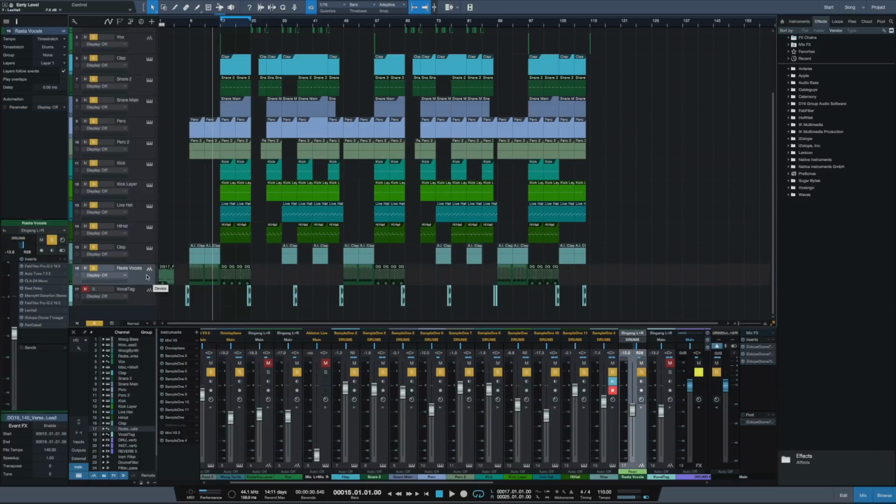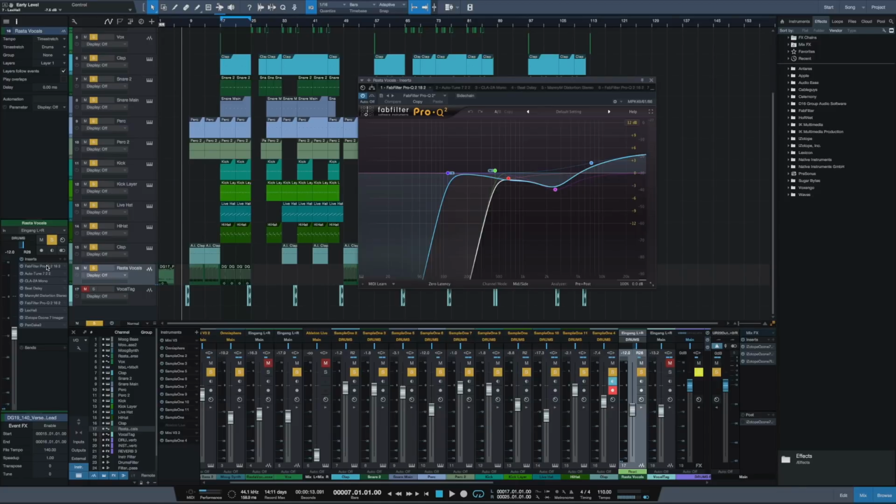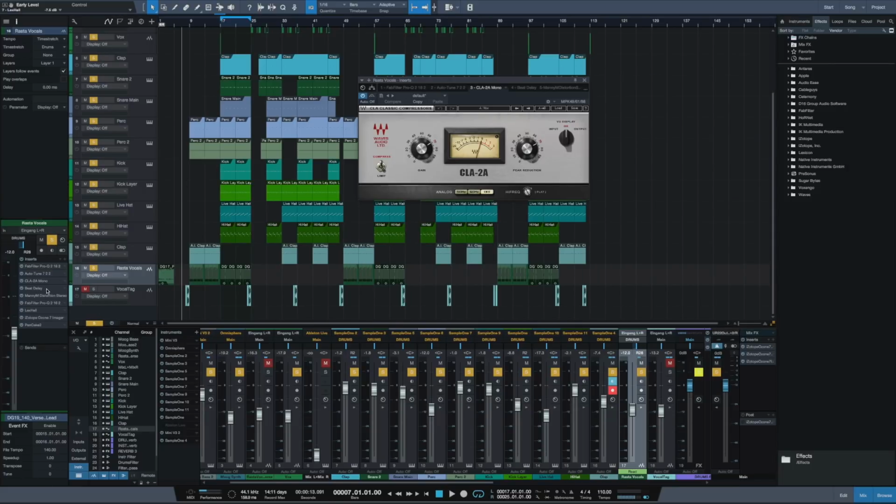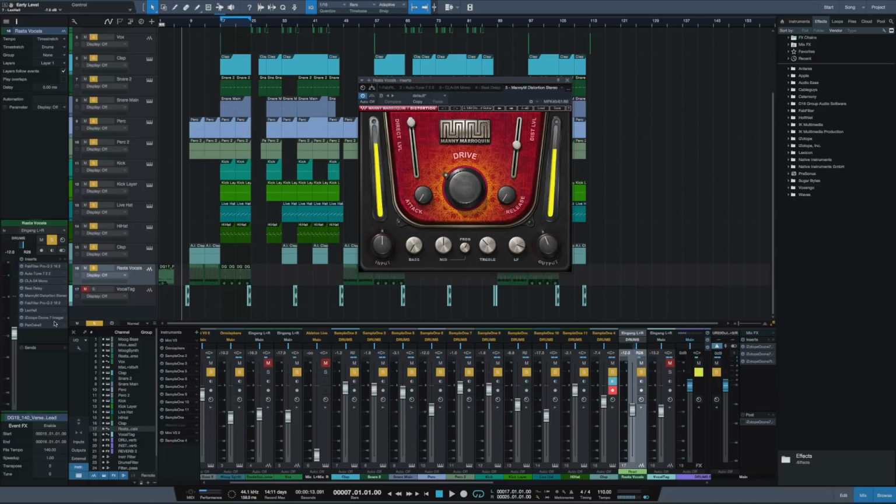So first we got this intro. Okay, and I also added a bunch of effect plugins. First one is this equalizer to cut out some of the lows and boost the highs. Then we got an auto-tune, a compressor, delay, distortion,